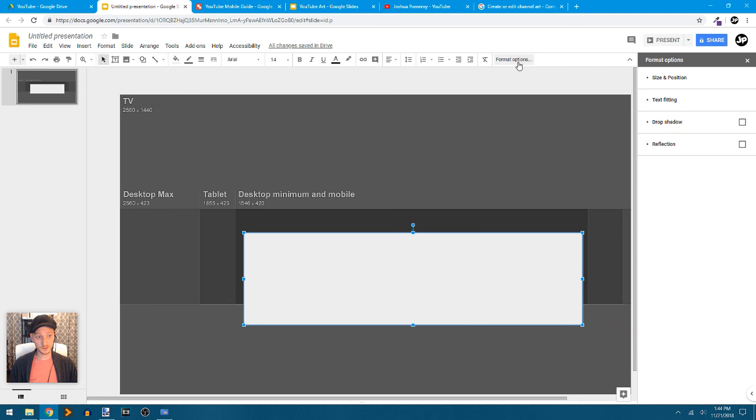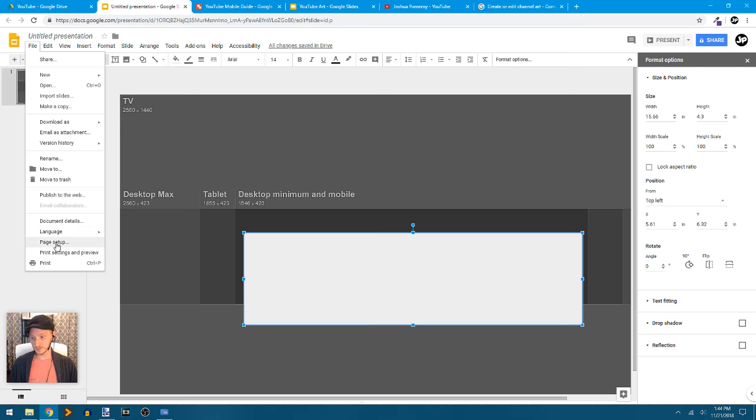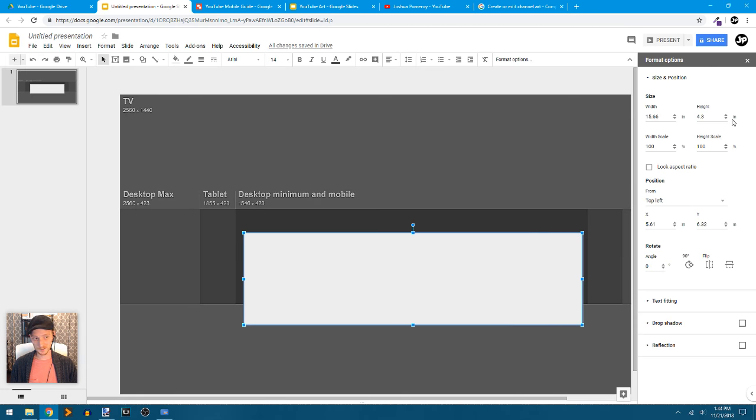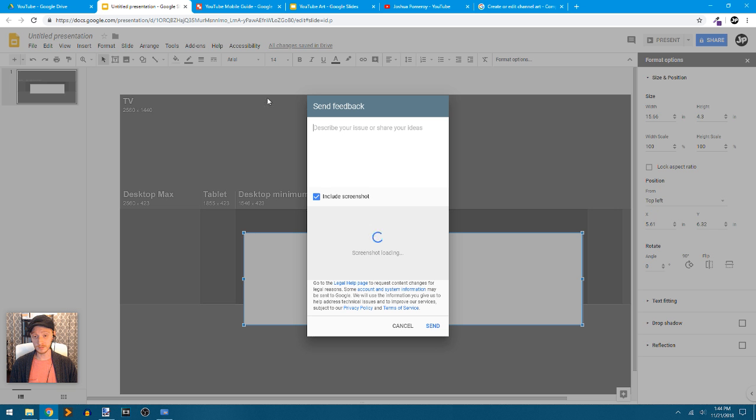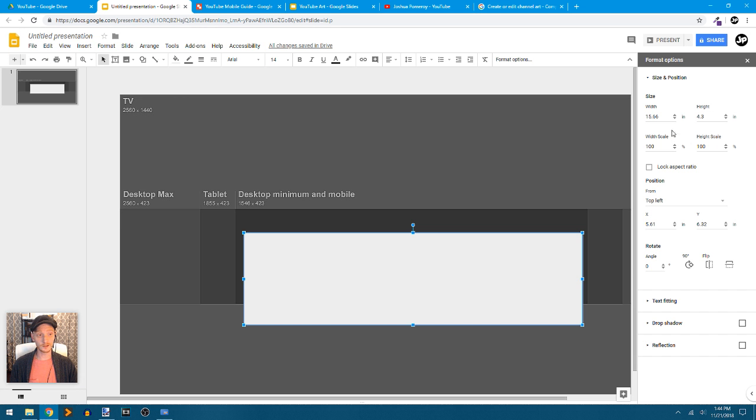We do have format options here and size and position right up at the top, but that's for me only in inches. And I believe Wes Warner said that was in centimeters for him in the UK. Now, my thought is that if I set my custom page setup to be in pixels, this should also be in pixels. So if you guys would help me out, go to the help menu and report a problem. And you can submit feedback to Google, and hopefully they will allow that to be set